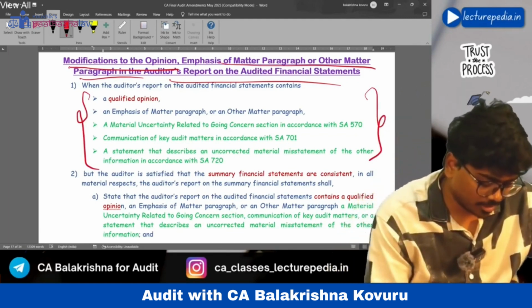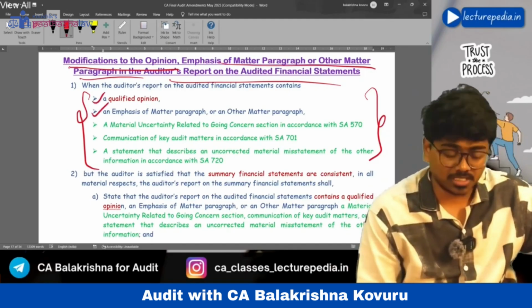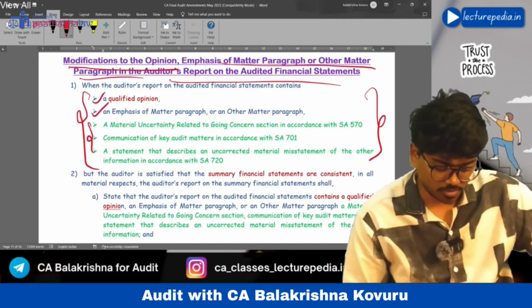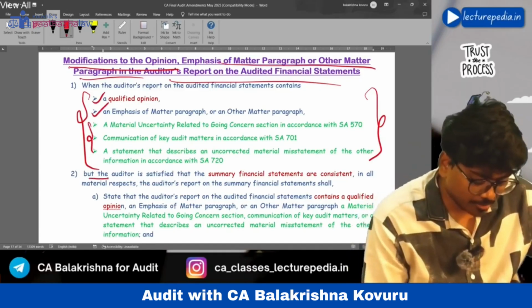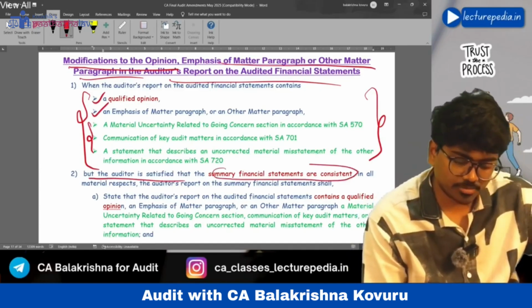Before the amendment only these two points were there, now these additional three points are also introduced. Then in such a situation, but already satisfied that summary financial statements are consistent.